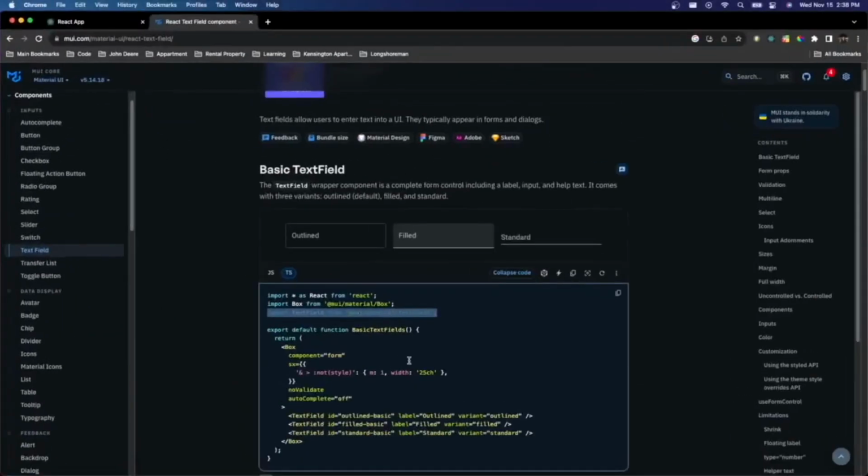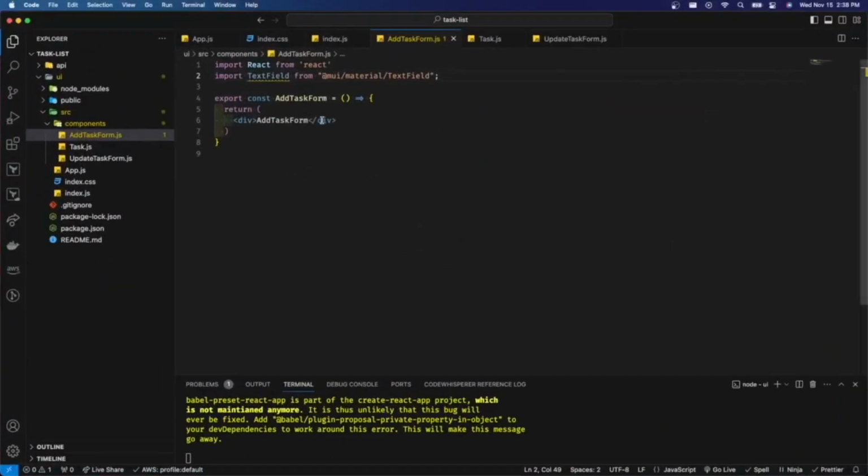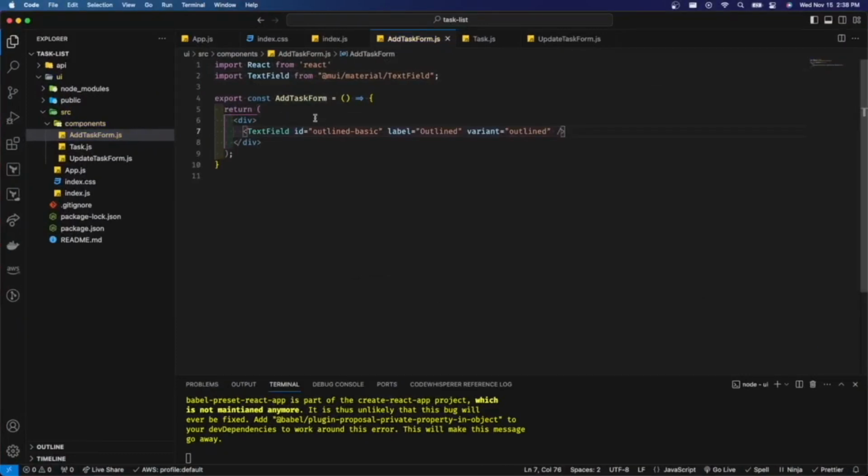Import that, and then steal this text field. Okay. And the reason I'm showing you guys me Googling that instead of just typing it all out is because in reality I don't have everything memorized, and this is what real developers do. So I want you guys to understand how you can go about doing this on your own instead of just